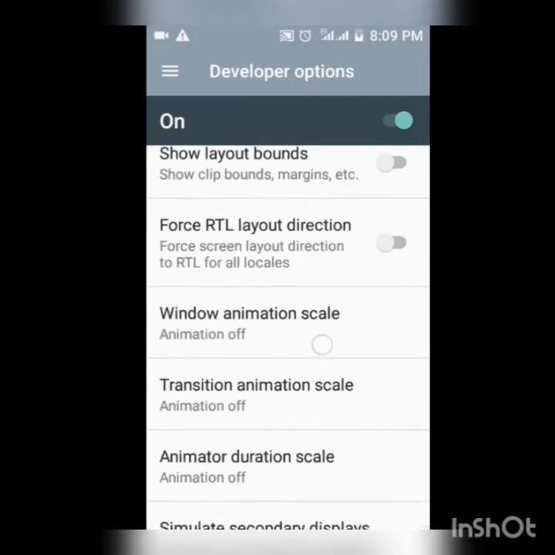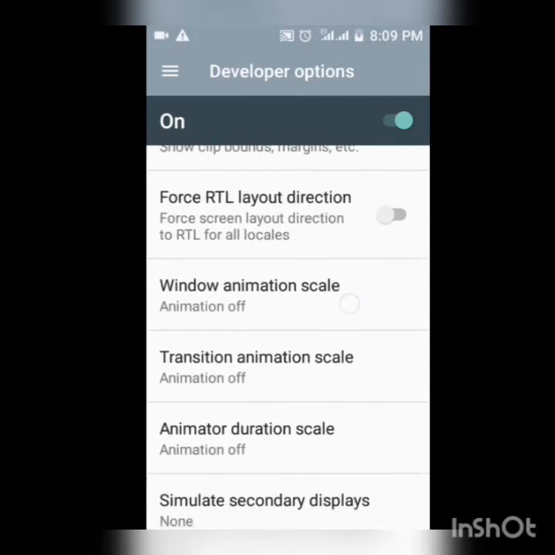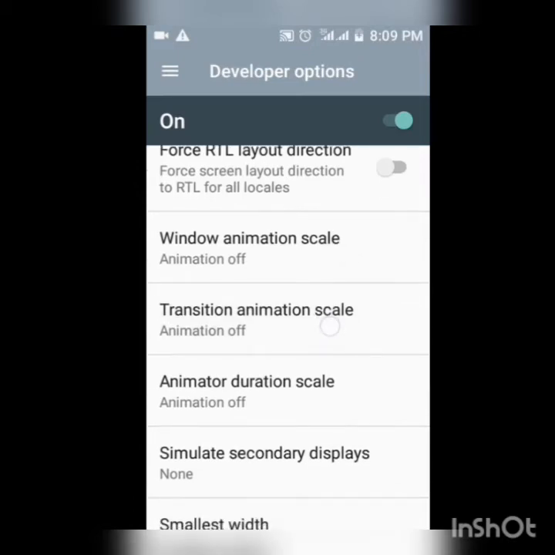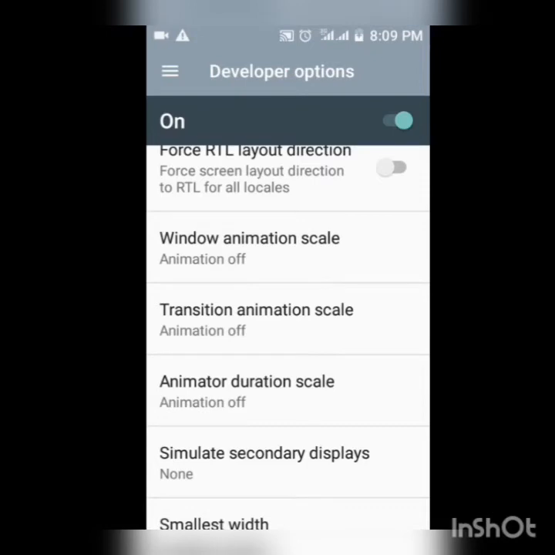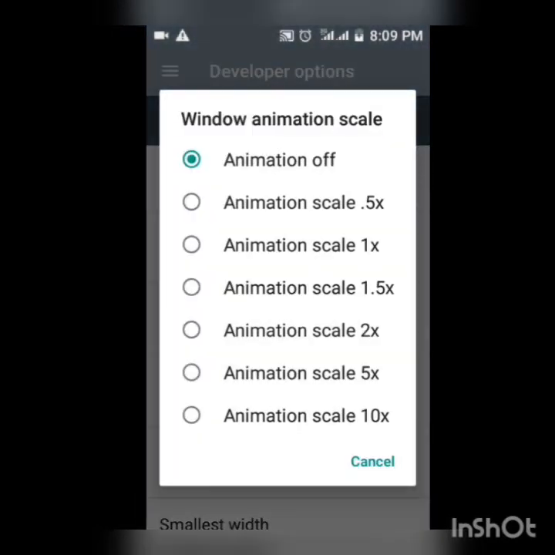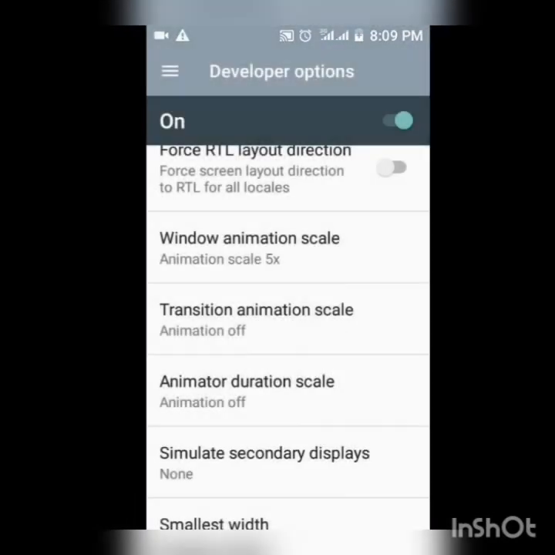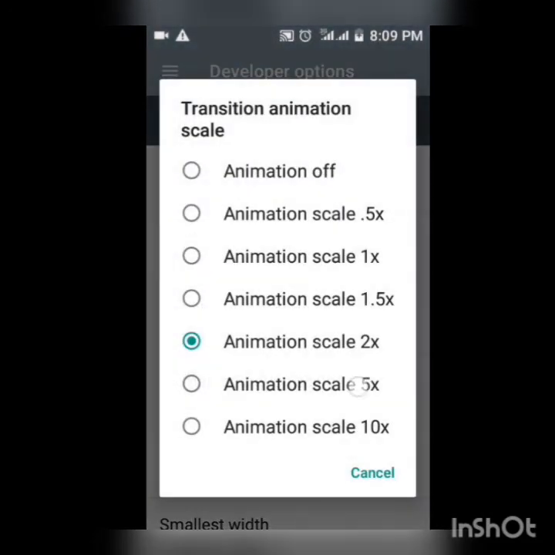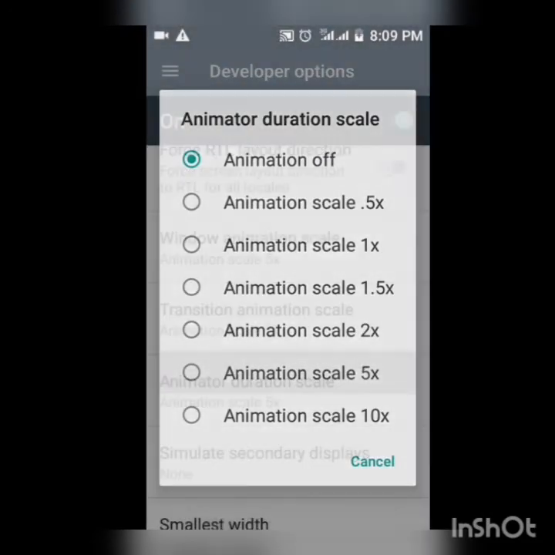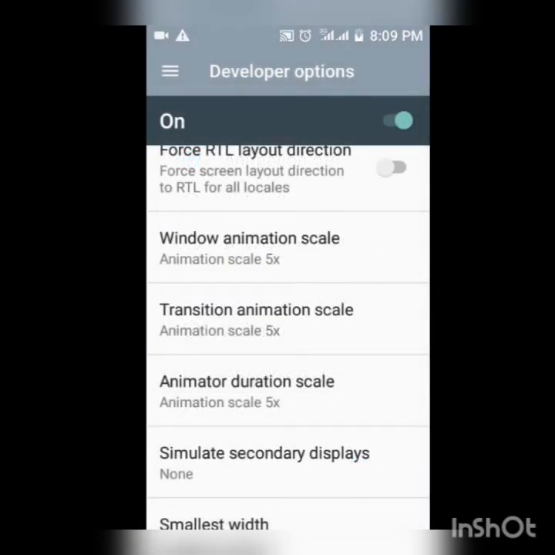So now this is the animation scale. It shows you how your phone runs your animation. So right now it's off. You make it run faster, no animation when you're switching between apps. But when you turn up the animation scale up to five times these three animation scales, the phone appears slower,